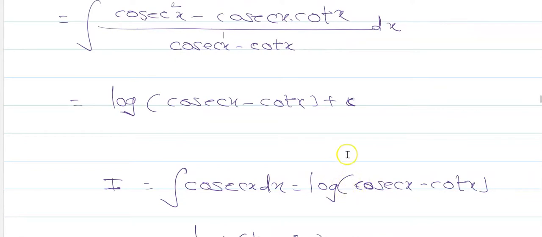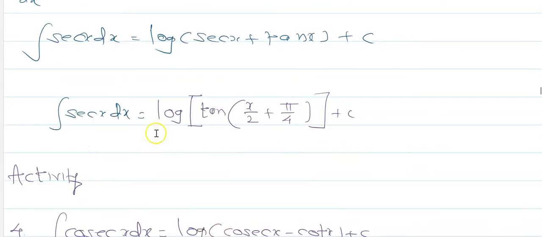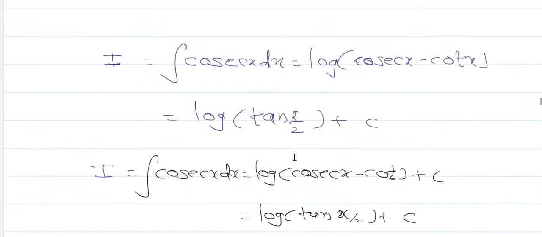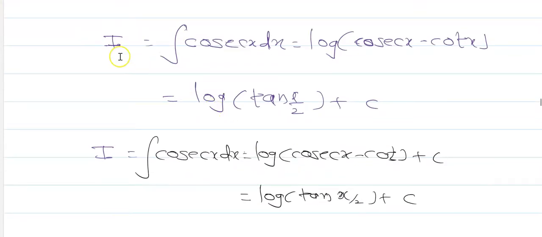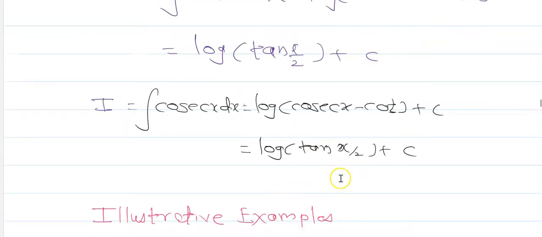Now one thing is that I had written here the integral of sec x dx is equal to log of tan of (x/2 + pi/4). Again, it's the same thing for the integral of cosec x dx, which is equal to log of (cosec x minus cot x) plus c, and in a simplified form it is written as log of tan of (x/2) plus c. Now this is written in this form. I can explain afterwards how this tan of x by 2 comes.